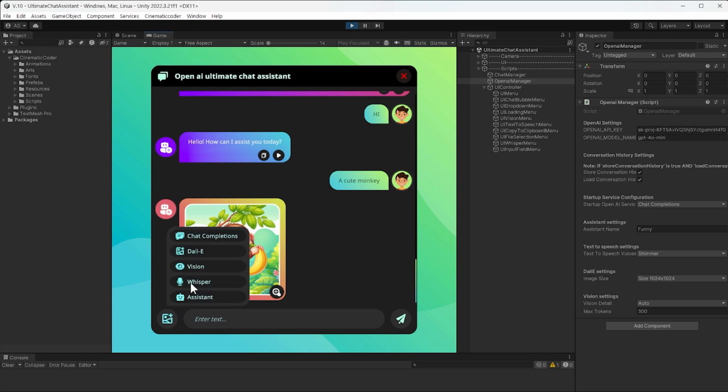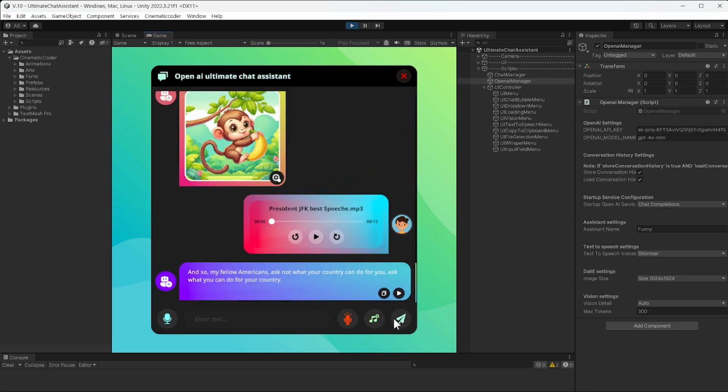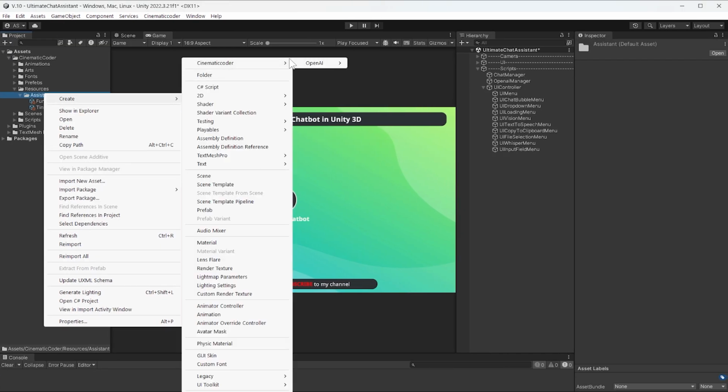We'll dive into Whisper, OpenAI's speech-to-text service, allowing users to upload or record audio directly within Unity for transcription. As a bonus, you'll also get access to the fully implemented OpenAI Assistant system. You can create,